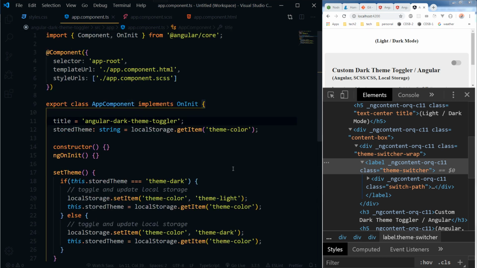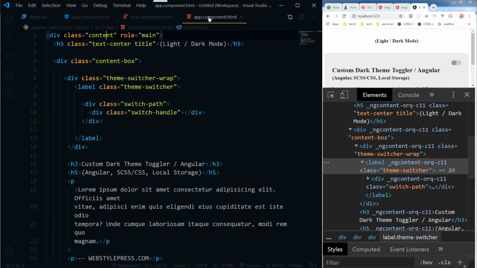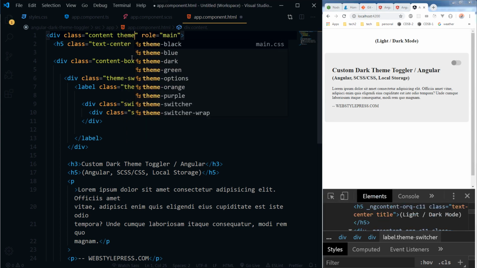Theme-light and theme-dark, this class is being switched. It is being toggled and stored in local storage by this function, and then we are accessing it, and then it will be applied here. And if I apply it right here, let's say theme-dark,